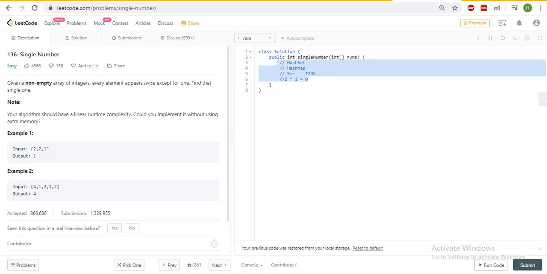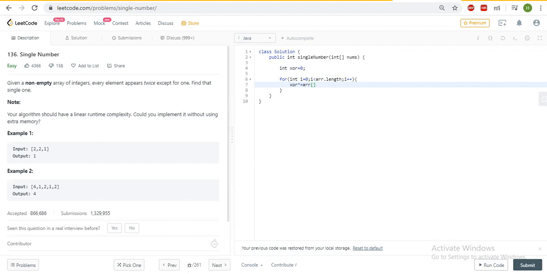I'll show you how. Declare one variable for XORing, and use a loop to iterate over the array till length, with plus plus, and here I will do the XOR operation.